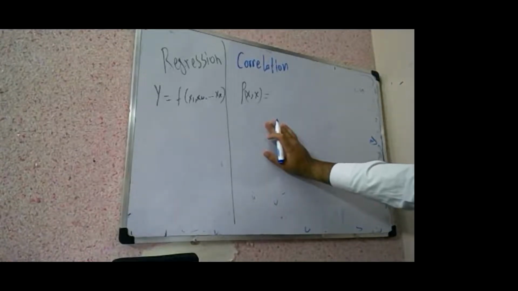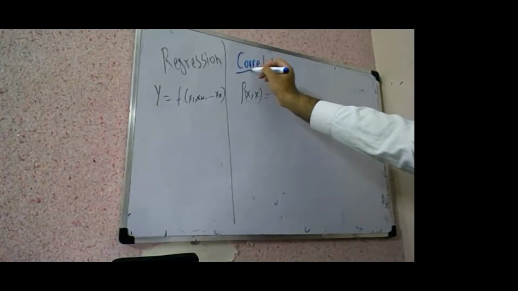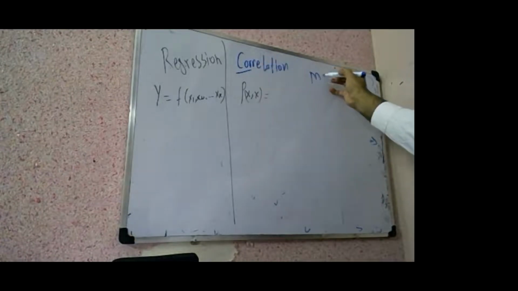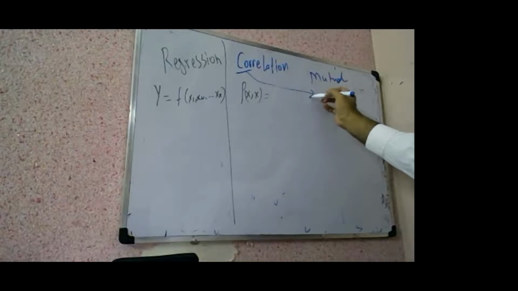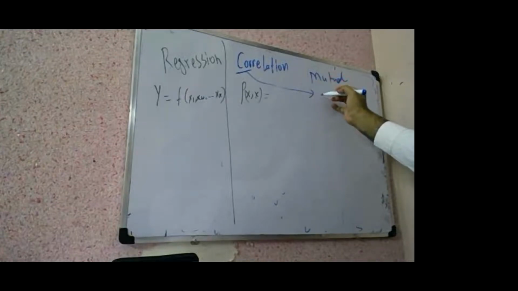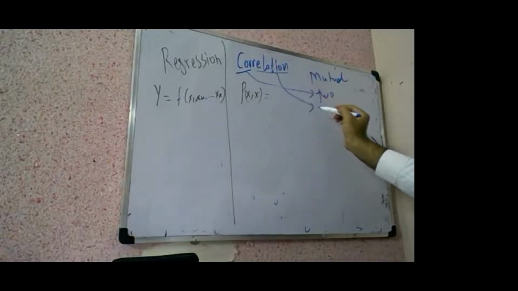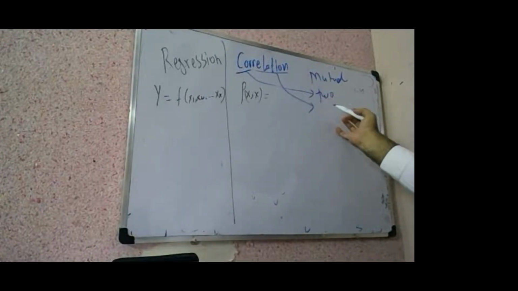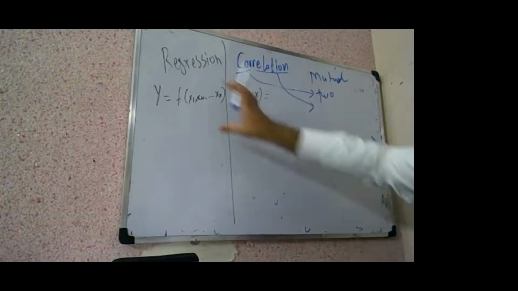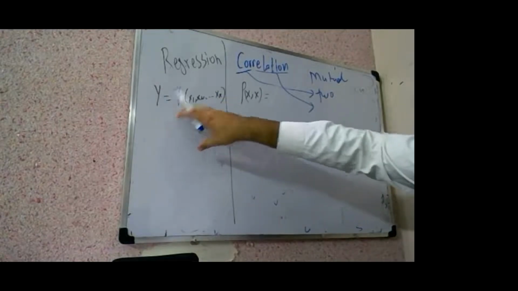Here, correlation also means co, meaning two, mutual, right? Two, and relation, you know, relation, right? So first thing, the correlation is only between two variables, whereas regression is a relationship of one variable with more